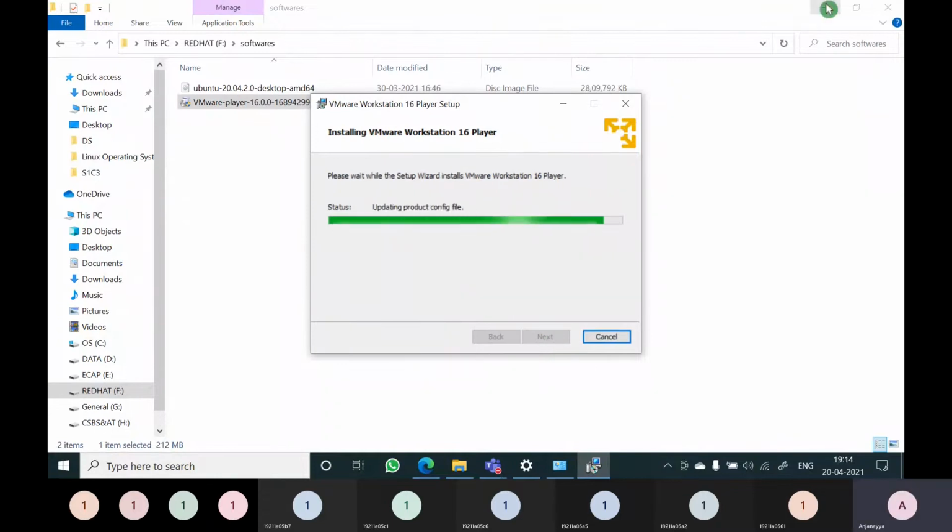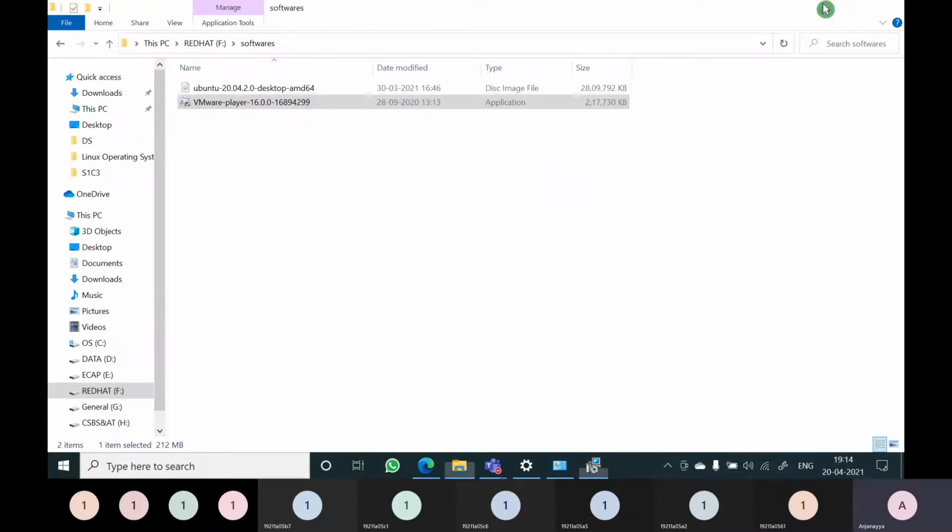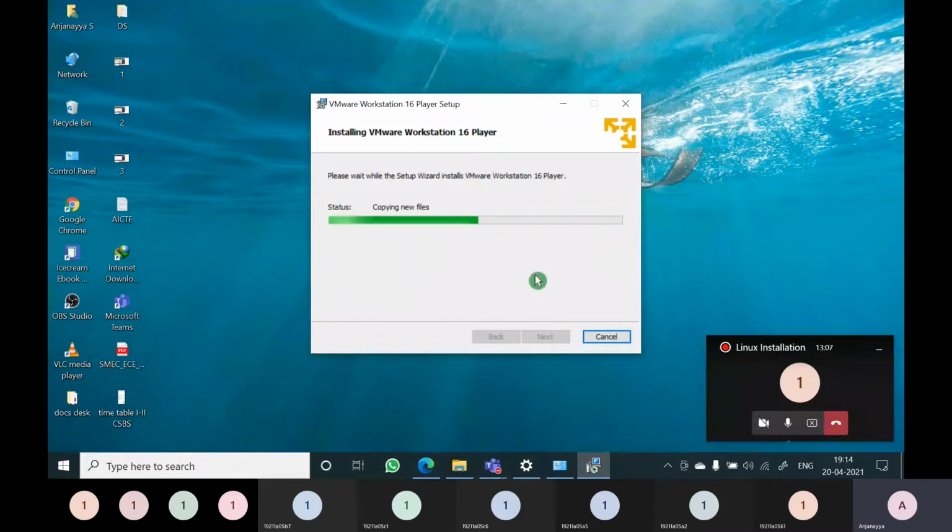This VM Player is required to install the Linux operating system virtually. We are working on both operating systems at a time, Windows as well as Linux.